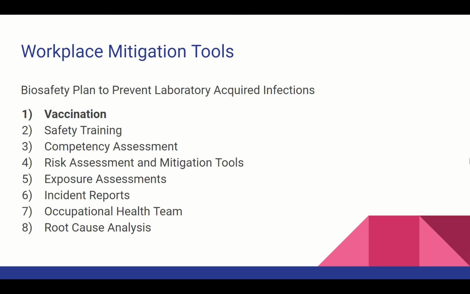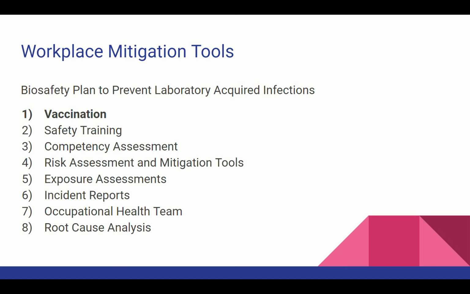To start our presentation today, I wanted to talk very briefly about workplace mitigation tools for risk, in the specific example of laboratory-associated infection. This is typically a general biosafety plan to prevent any laboratory-acquired infections and how to deal with any risk exposures. We're going to focus today on vaccination, which is typically step number 1 in the prevention process for acquired infections